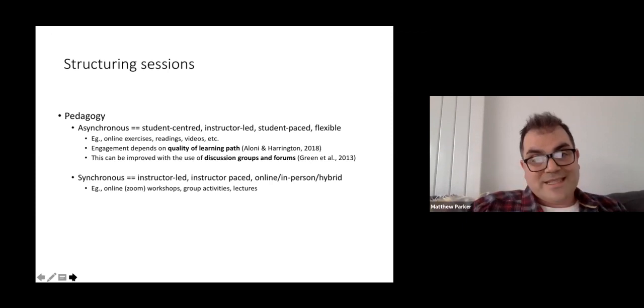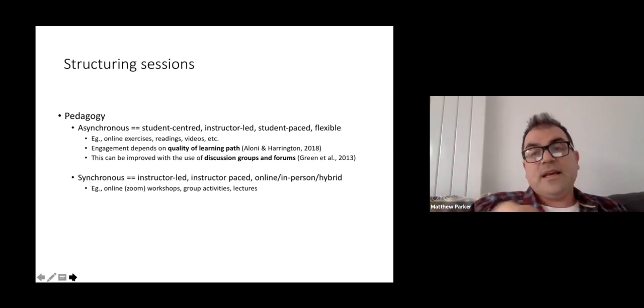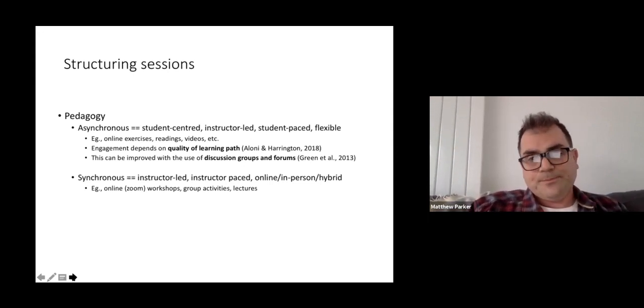So the students need to understand what that learning path is, and depending on how good that learning path is, it really depends on what the engagement will be, according to research. Now,